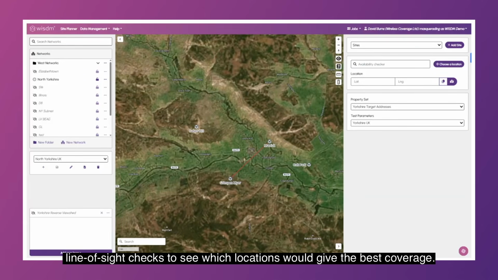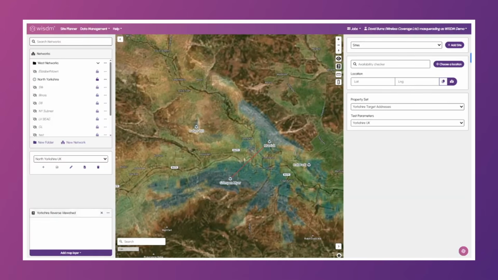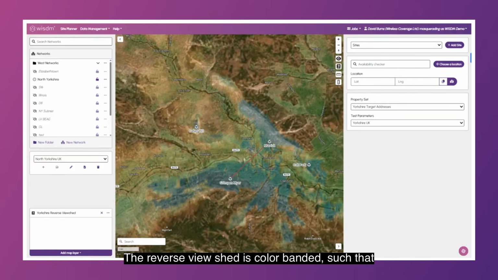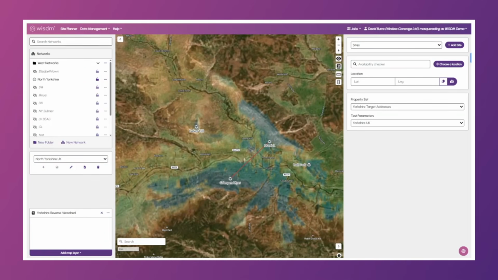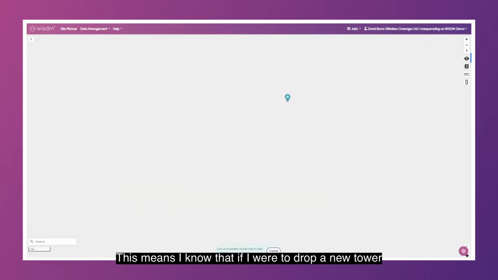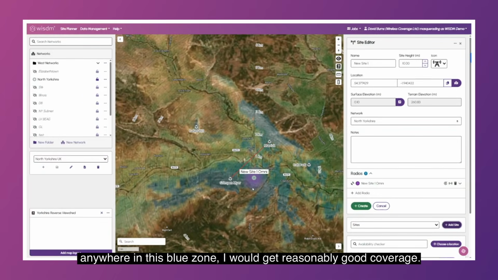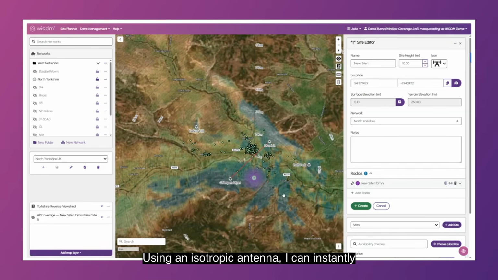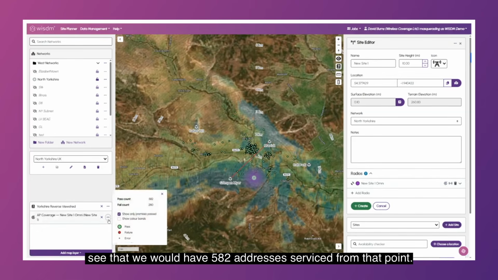the best coverage. This generates a reverse viewshed. The reverse viewshed is color banded such that the blue zones have the highest coverage, running all the way down to transparency, which is no coverage at all. This means I know that if I were to drop a new tower anywhere in this blue zone, I would get reasonably good coverage. Using an isotropic antenna, I can instantly see that we would have 582 addresses serviced from